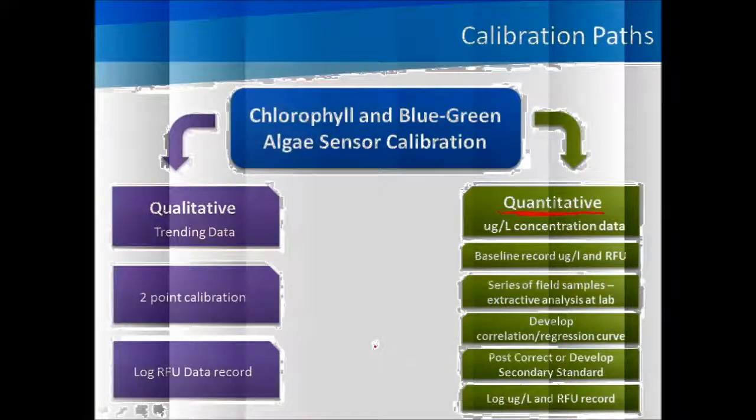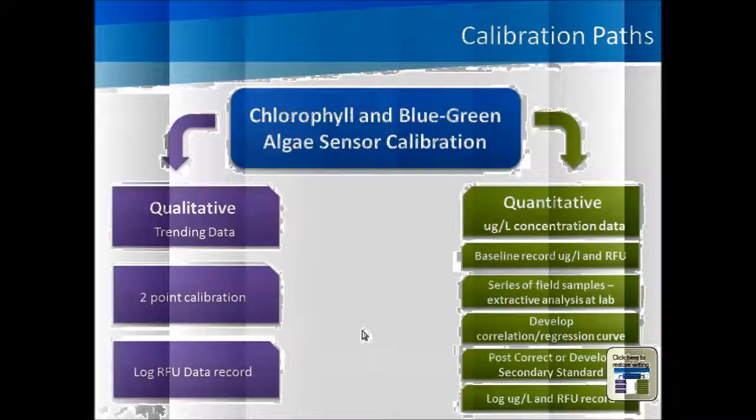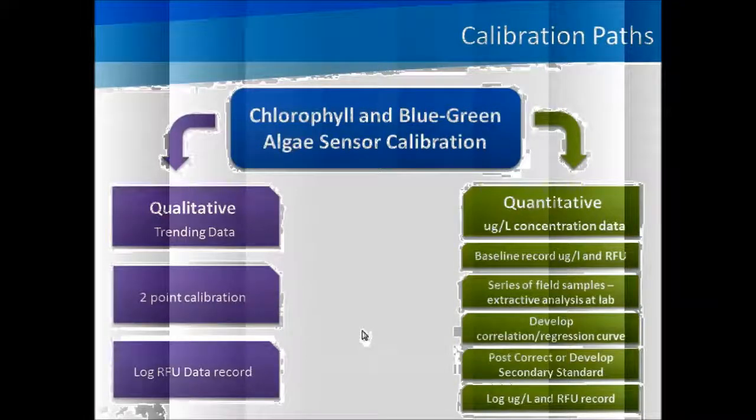I discussed at the beginning of this PowerPoint. Then these lab results are used over time to develop a correlation with the sensor output. Once a correlation is developed for a specific site, it can then be post-processed or calibrated more accurately to reflect the algae or chlorophyll concentration. This will help you get absolute values for microgram per liter readings instead of just RFU percentages. So the challenge with using this in spot sampling is you may have to develop different quantitative associations for different sites. So we'll keep that in mind, and I'm going to talk first about the qualitative or the relative change